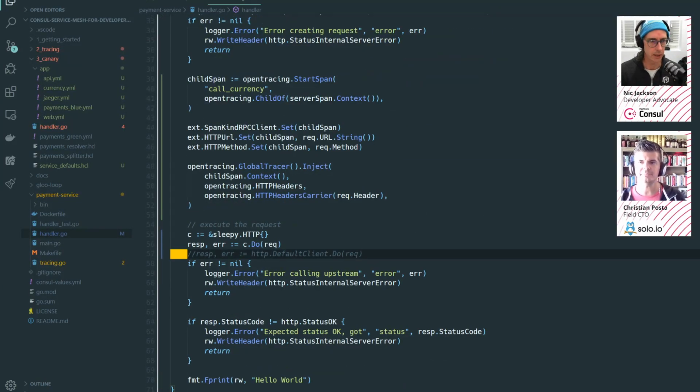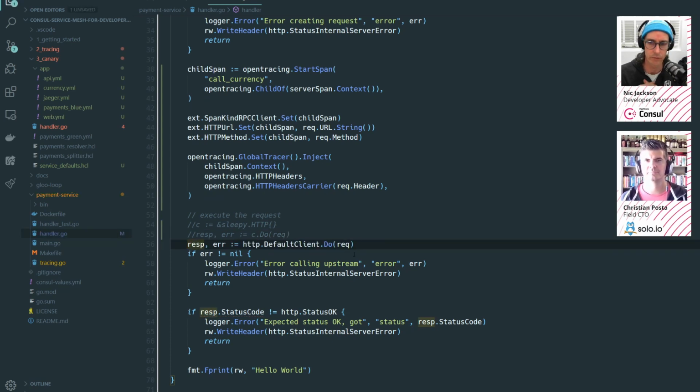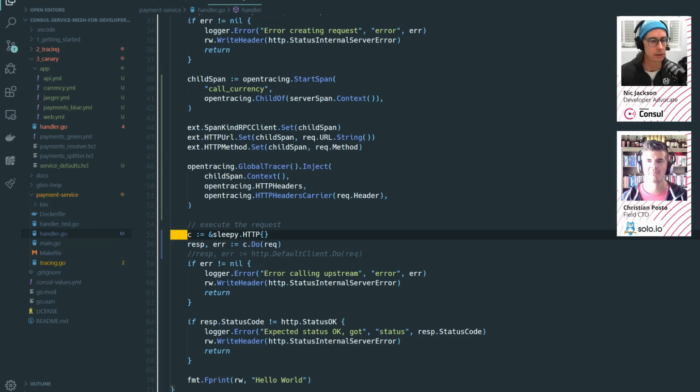Rather than using the standard net HTTP library in Golang, which looks like this just there, the platform team has actually developed their own HTTP client, called custom library. It's supposed to be pretty good. So I've been asked to deploy it. I'm just going to do as I'm told for once. So let me substitute that. Their new library, they've called it Sleepy, and it looks fairly good. The interface is exactly the same as net HTTP. But let's just